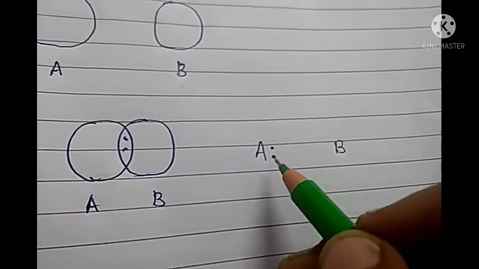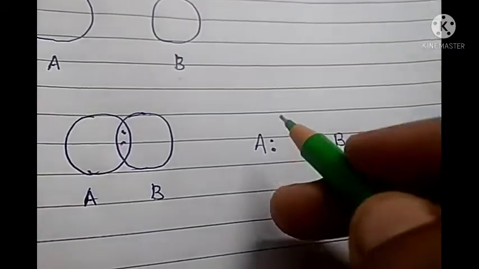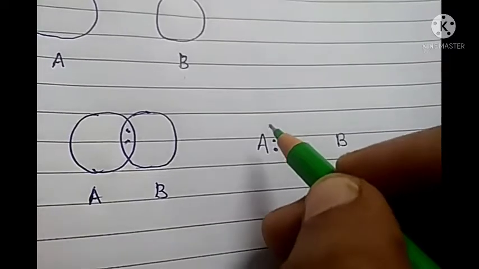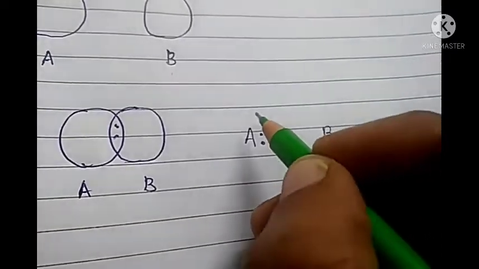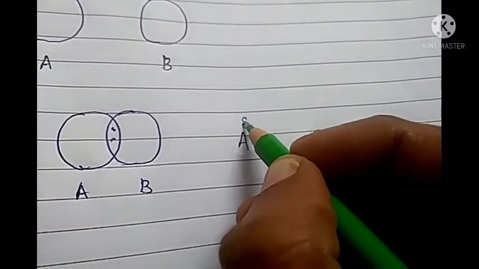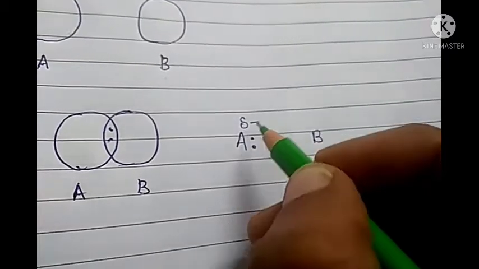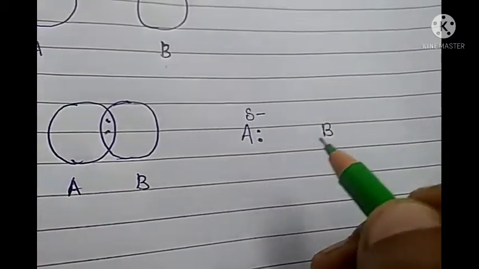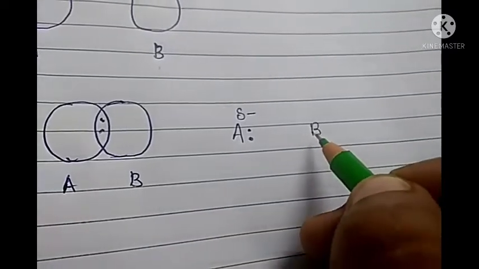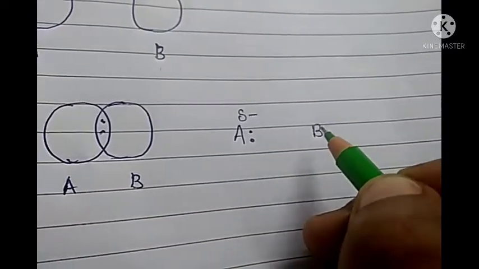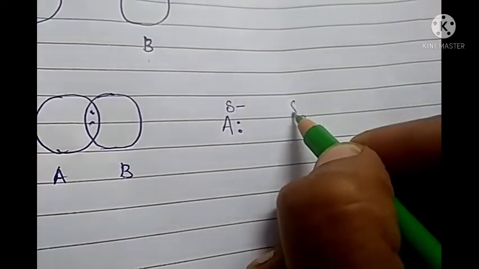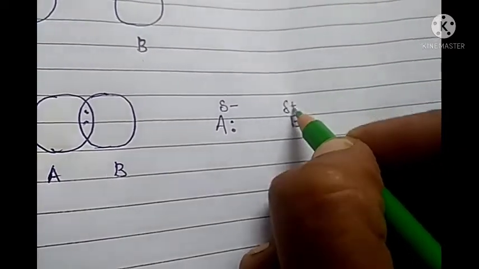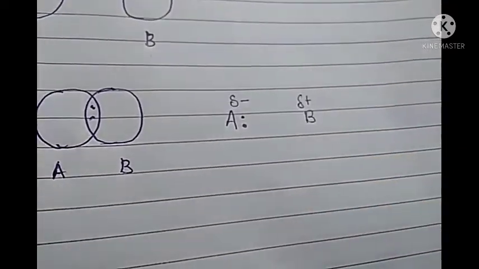And since these two electrons are moving towards A or remaining close to A, this A is getting a small negative charge, and that small negative charge we can represent like this. This is read as delta minus. And since these electrons are moving away from B, this B is getting a small positive charge, and that we can represent like this, that is read as delta plus.